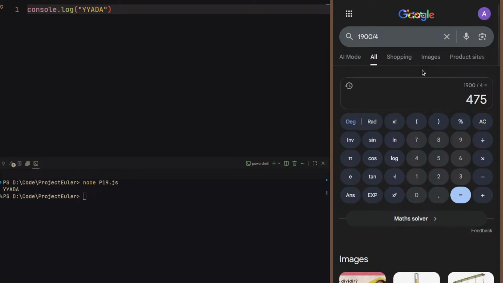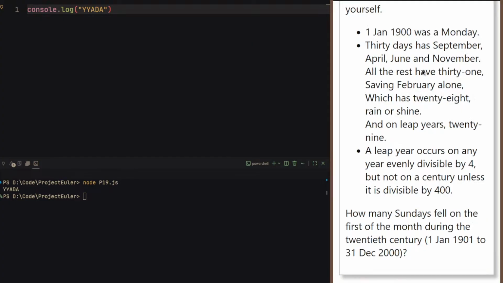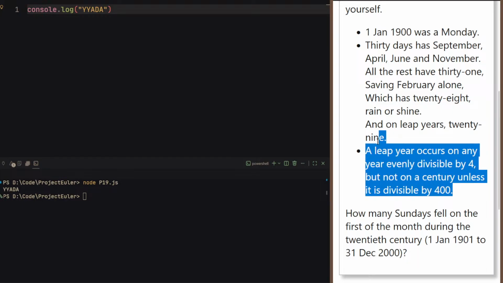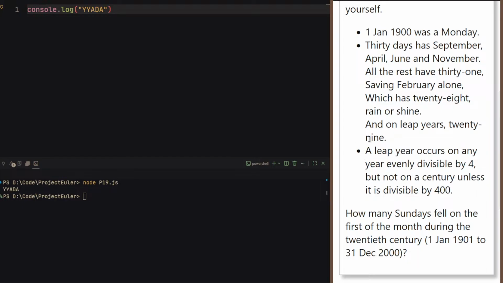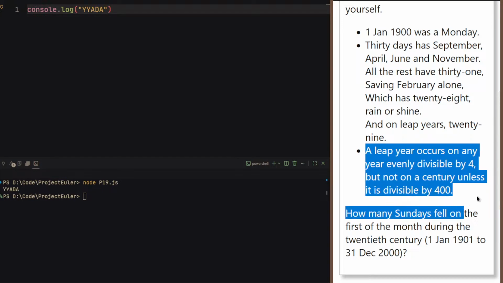It is divisible by 4. But not on a century, unless the century is divisible by 400. Okay, that's pretty interesting. It's pretty hard rules. I guess they really want to keep their calendar in sync with the sun. I mean, yeah, it's pretty important. Anyway,